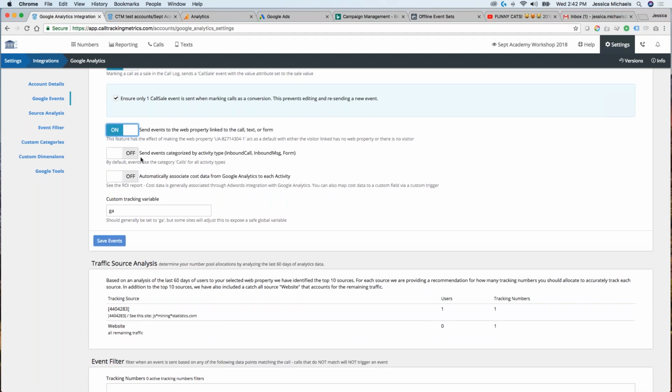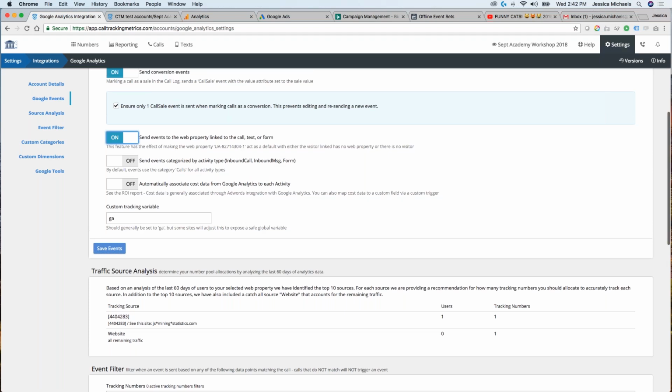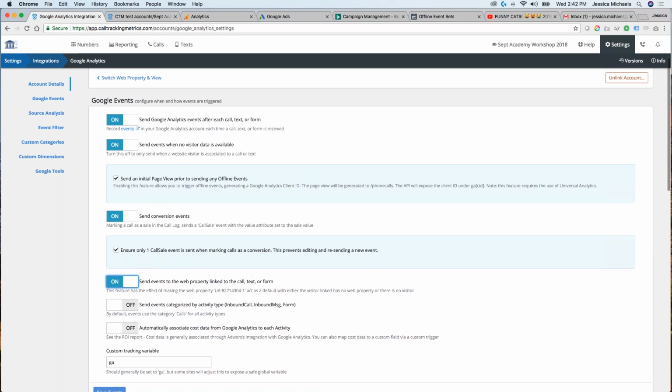Next we have the option to send the events categorized by activity type. This option I actually highly recommend. It's a little bit of a history lesson on how our product has evolved. Historically, we were just a call tracking platform. We didn't offer features like texting and forms.